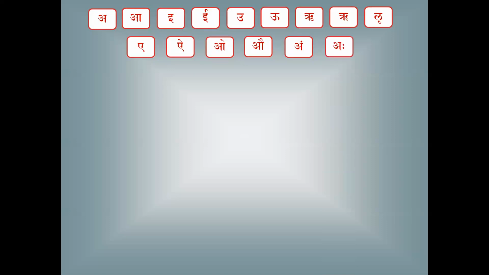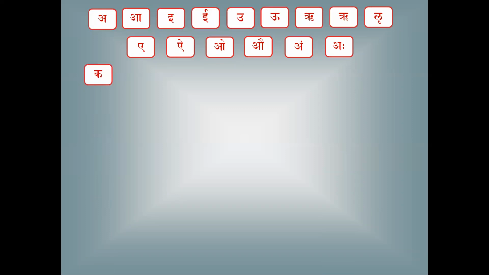Am and aha. This is only an upalakshana, only a sample. Upalakshana means sample, example. That is one with the anuswara, the other one with the visarga, which can be applied to all the vowels. We have seen that. So the next one is